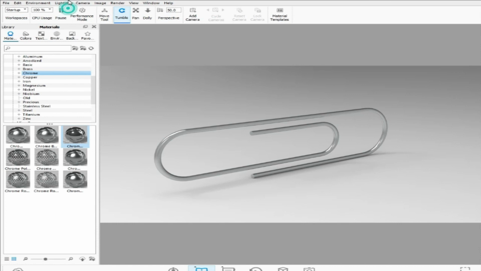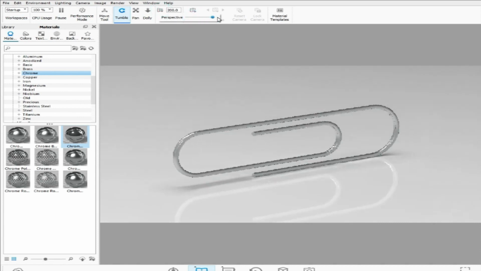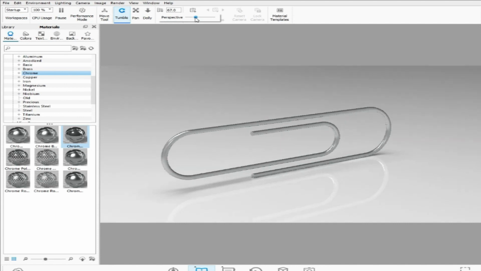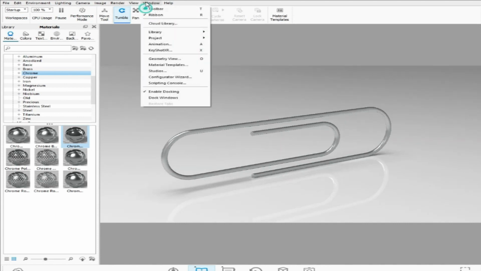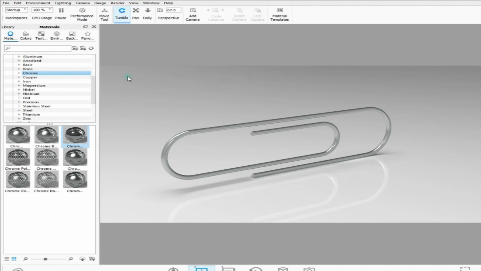And now I'll choose some lighting for my model, and I'll apply caustic as well. Go to environment, and we'll apply these as well. We have so many options in KeyShot, but I'll not explore all of those. I'll choose 1280 by 720, and I'll use a little bit of perspective to give it a real look. I think 82 will be fine, and 67. Okay, so we have our model ready for render.